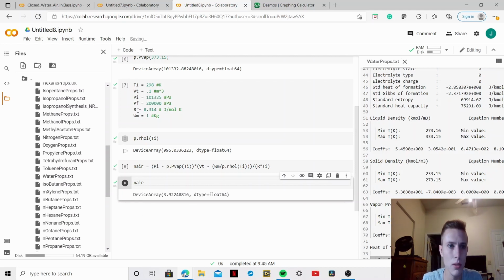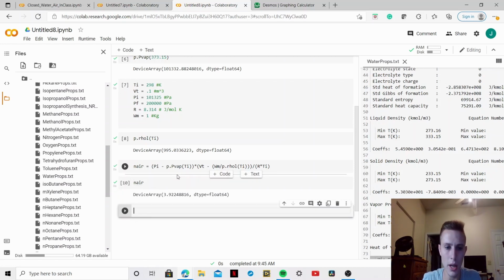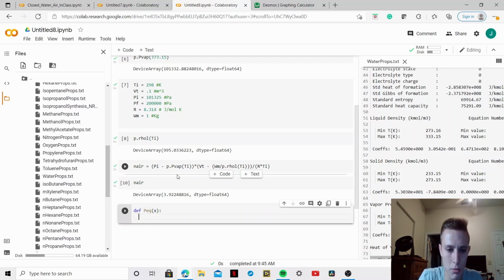Okay, so let's go and bring in a new line of code. So we want to define our function. So let's say define our function. Let's say the pressure equation. So P EQ. Let's give it a variable of X. And let's go down one. So we need to unpack this. So we need to say that, let's see, our final temperature is equal to some value